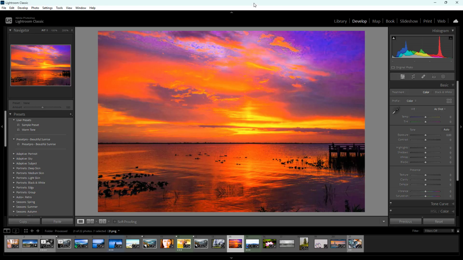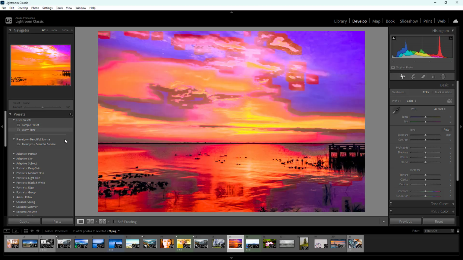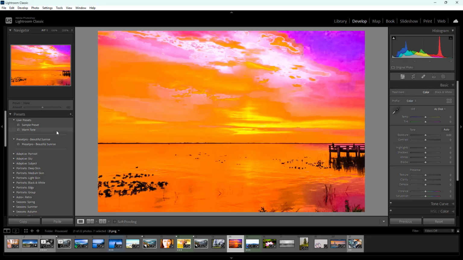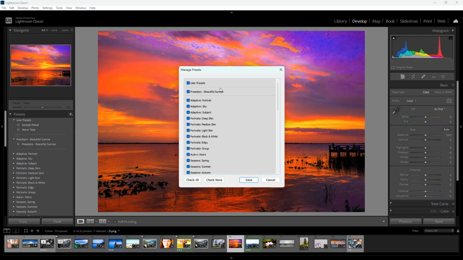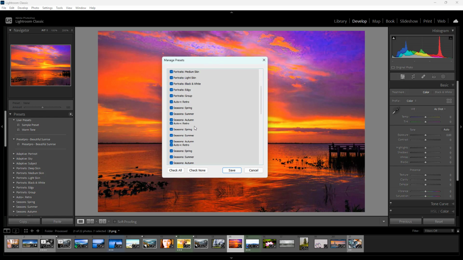So you may have a lot of presets that you have made by yourself or you may have imported. If you want to go ahead and manage them, then you can go over here onto the preset section, click on the plus button right here, and then go to manage presets right here. Once you do that, you can see that you can enable and disable different types of